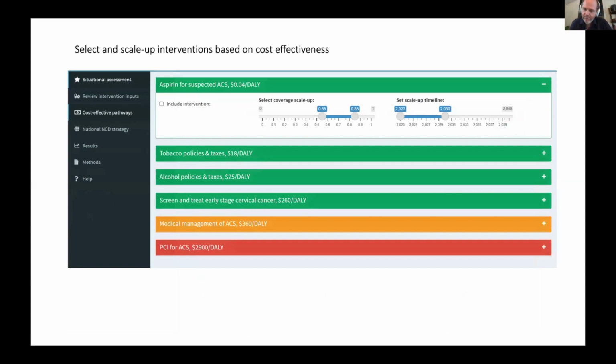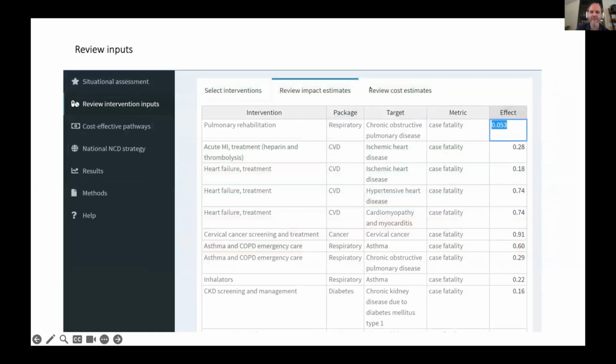where maybe the results are presented as a traffic light system where the green stuff is definitely a go for every country. The stuff that's in yellow, it's probably a good choice, but there's maybe some nuances, maybe equity considerations or financial protection considerations would sway you to include that intervention in a package in one country, but not in another. And the stuff in red would be stuff that countries probably should not be publicly financing. And again, this is a tool for country level deliberation. So the greens and yellows and reds change, and of course they would change if you edit the inputs as well. So this is a way for people to dynamically deliberate and update as they accumulate local data on particular